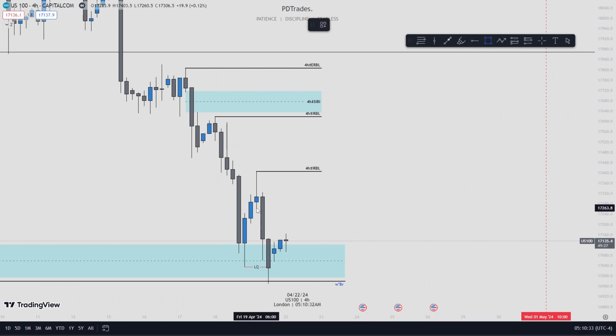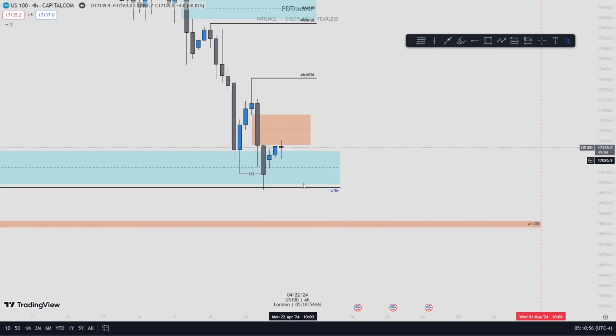So here liquidity was raided, right? So I would want to see a strong displacement up. You see this fair value gap? This fair value gap, if I see a strong displacement to the buy side, and it doesn't respect this fair value gap to continue to push to the downside, let me say, for example, if it closes above the midpoint,